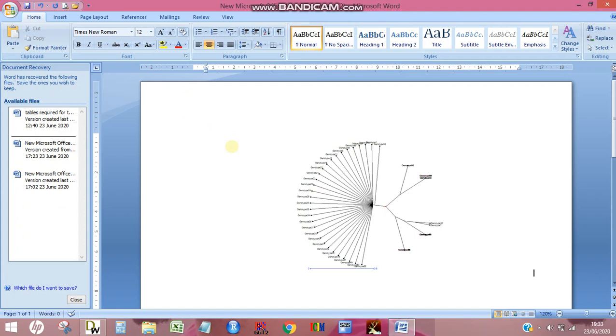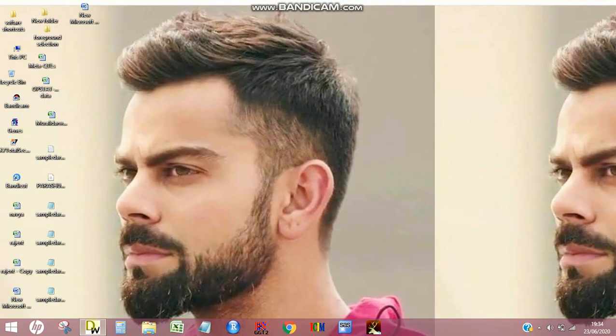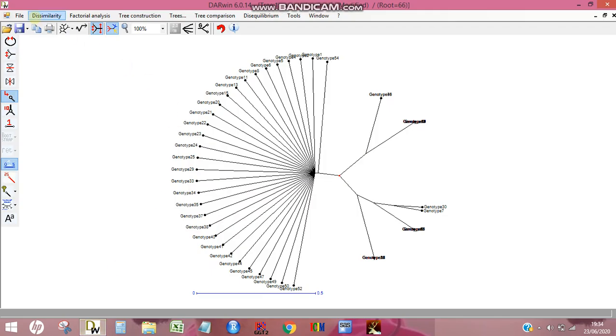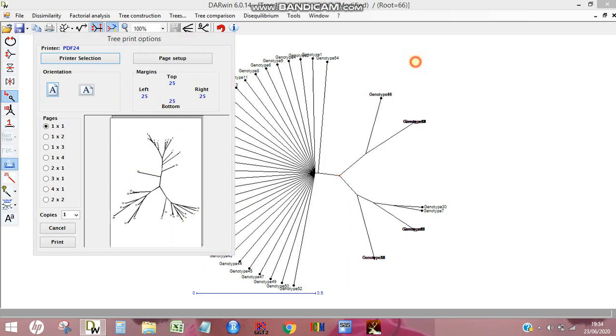So our diagram will come here. This is the procedure. There is another way: you can also go for printing. I have PDF24, an external software. You can also install that, and print your dendrogram using PDF24.